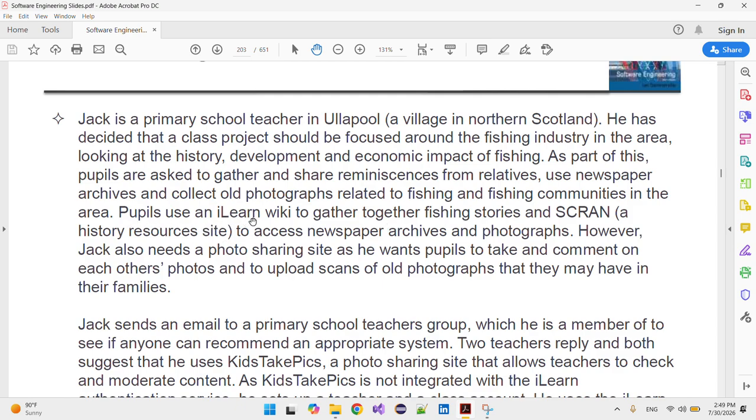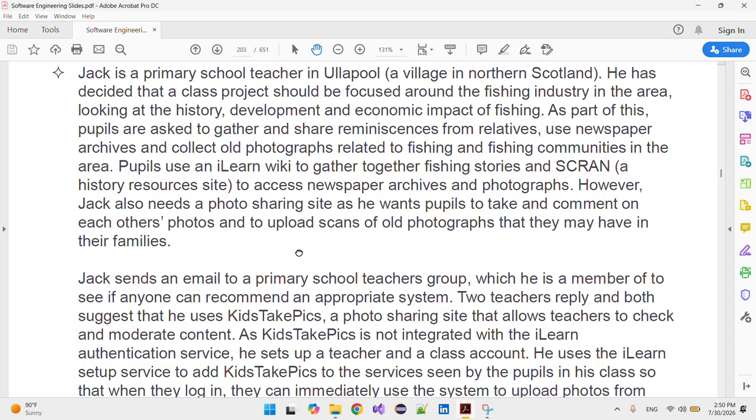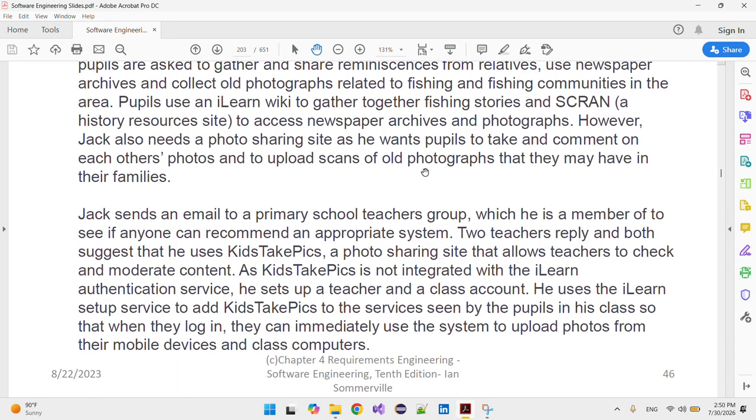Pupils use an iLearn wiki اللي هي ويكيبيديا شكلها للiLearn to gather together fishing stories and SCRAN, a history resource site, to access newspaper archives and photographs. However, Jake also needs a photo sharing site as he wants pupils to take and comment on each other's photos and to upload scans of old photographs that they may have in their families.